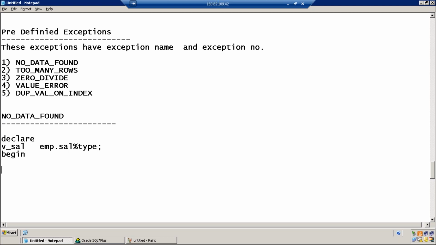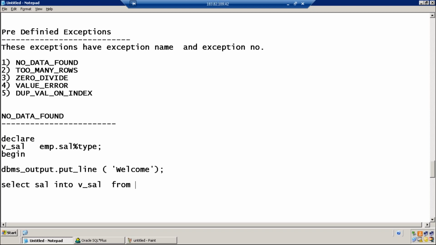Look at this example. Begin, first a sample output, helping us to understand that the program execution has been started. Select sal into the variable vsal from the employee table where employee number equals 9999.